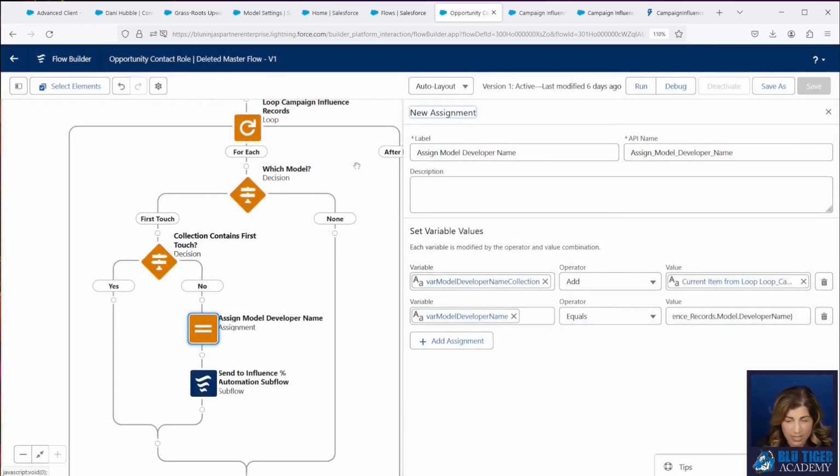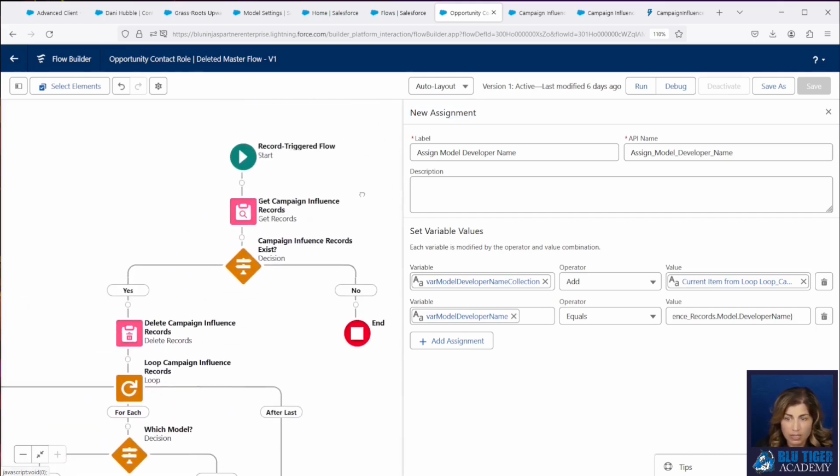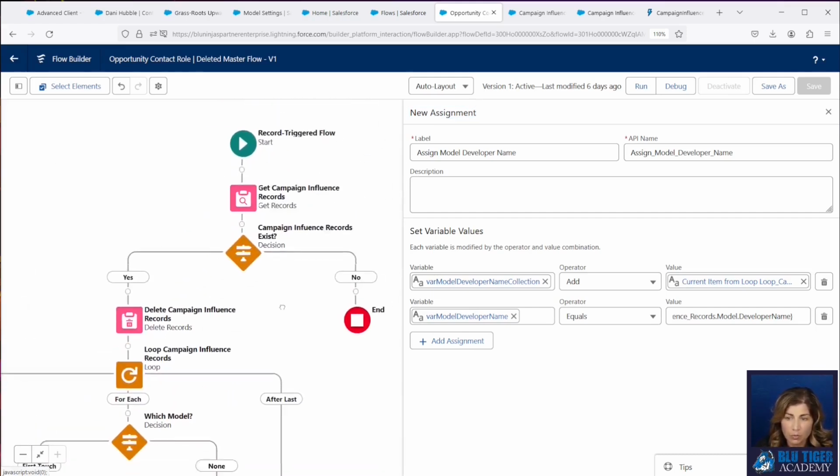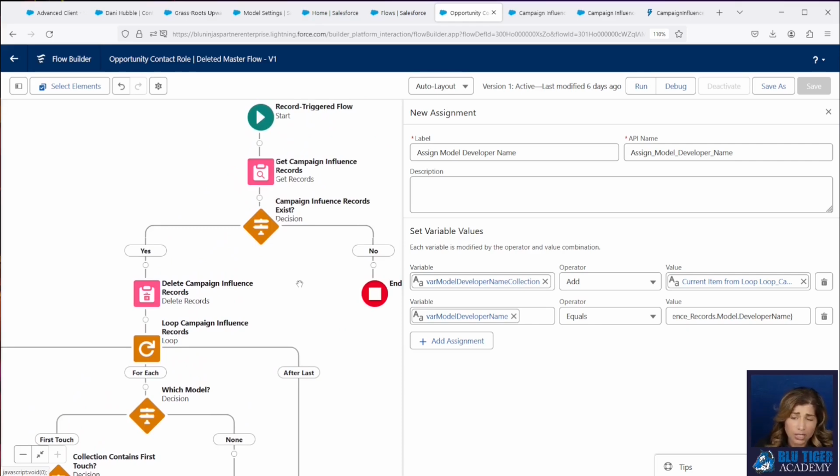Now let's explain what's happening here. In this record triggered flow, whenever an opportunity contact role is deleted, we are getting all of the campaign influence records for that particular contact and opportunity, and then we're deleting them. But we need to recalculate the campaign influence percentages for the remaining campaign influence records.